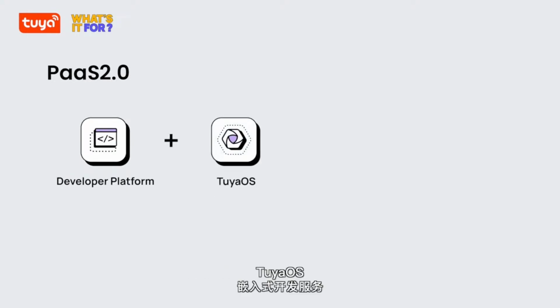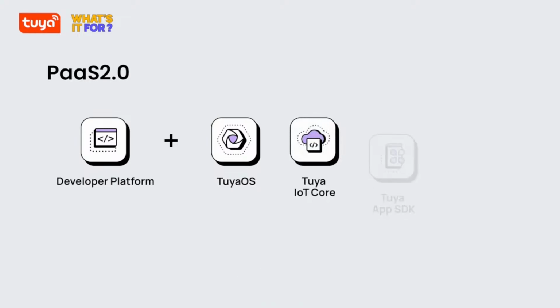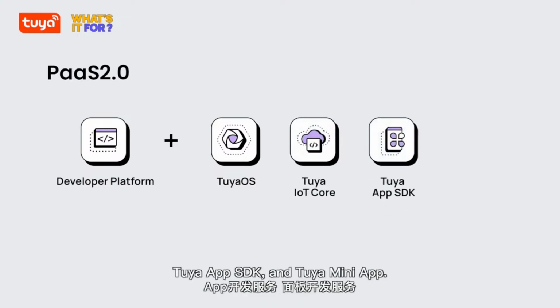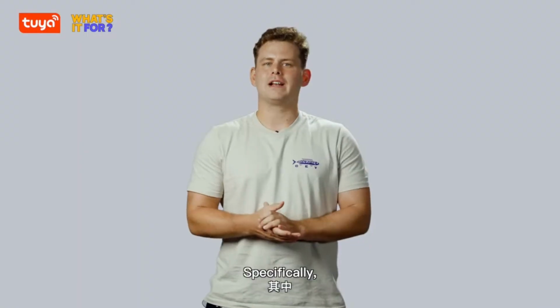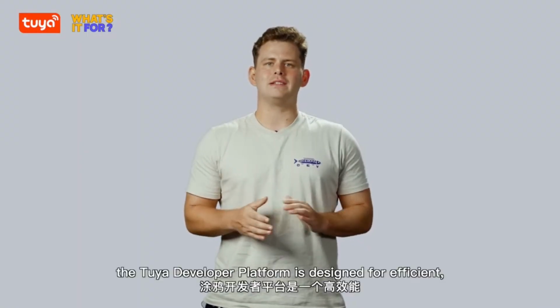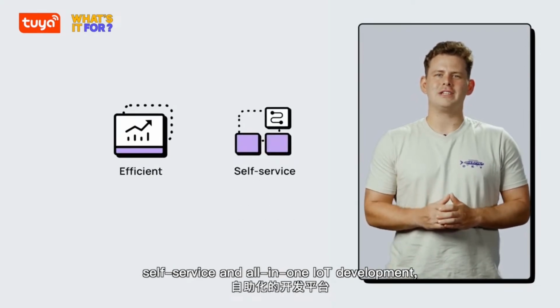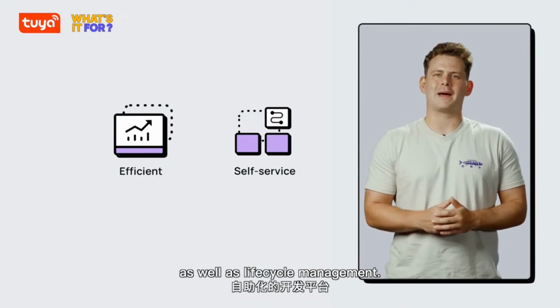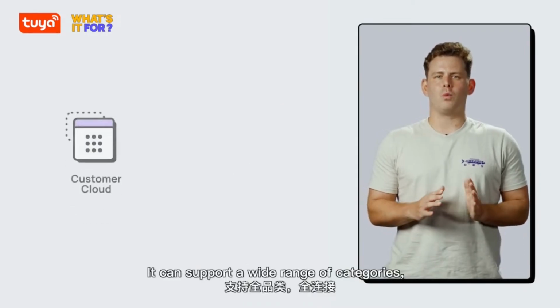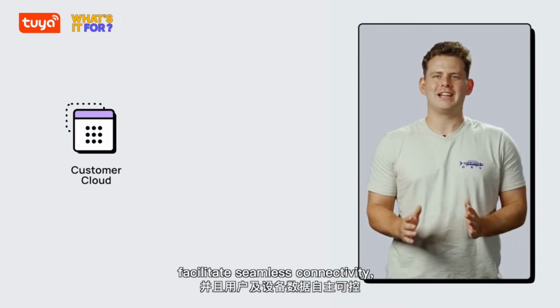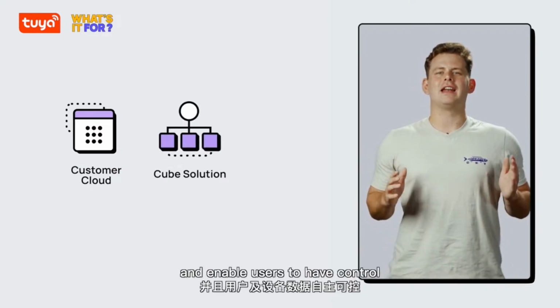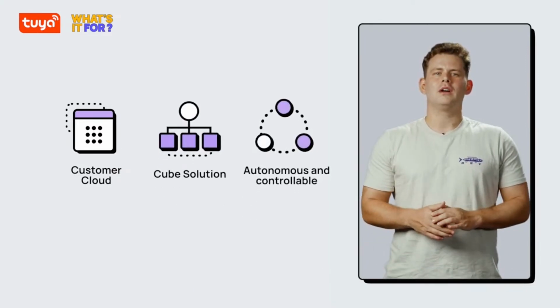PaaS 2.0 mainly consists of one platform, the Tuya developer platform, and 4 services: Tuya OS, Tuya IoT Core, Tuya App SDK, and Tuya Mini App. Specifically, the Tuya developer platform is designed for efficient self-service and an all-in-one IoT development, as well as lifecycle management. It can support a wide range of categories, facilitate seamless connectivity, and enable users to have control over their device